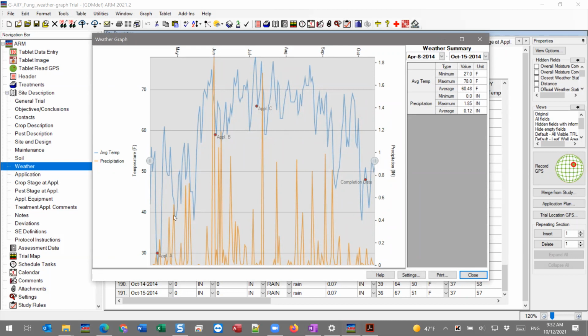Some other features for this graph, we do plot out kind of important dates of the trial. So here looks like it would be in April for us, we had application A, and then application B was the 1st of June, and then application C was in July, and then we also have the completion date. So just significant dates of the trial that might matter as we look at how much precipitation occurred,